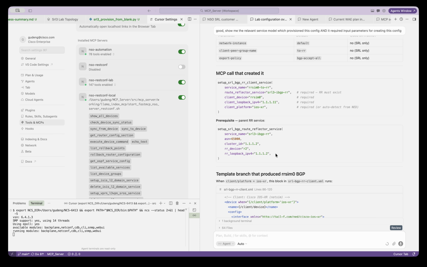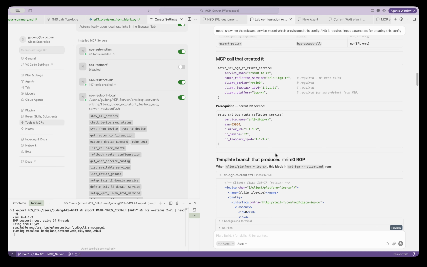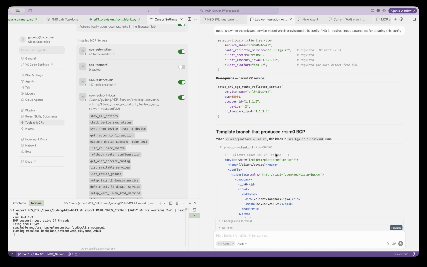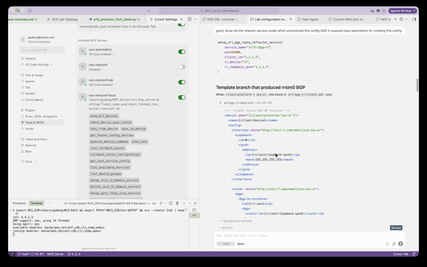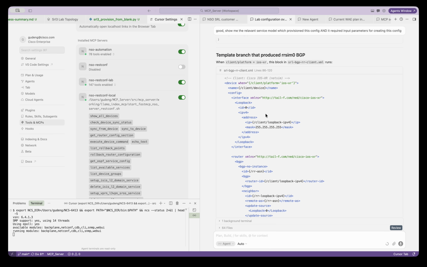So this service is basically BGP route reflector and its client peering, modeled as a service, a complete bunch of network work that you need to do as a whole. Then this is the template. Basically, this is the mapping into the real config, represented in XML.